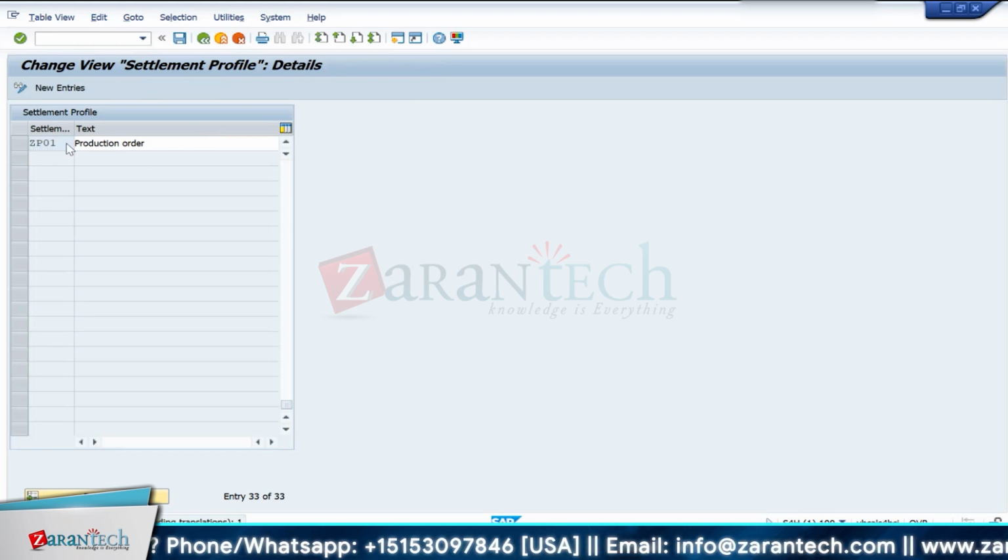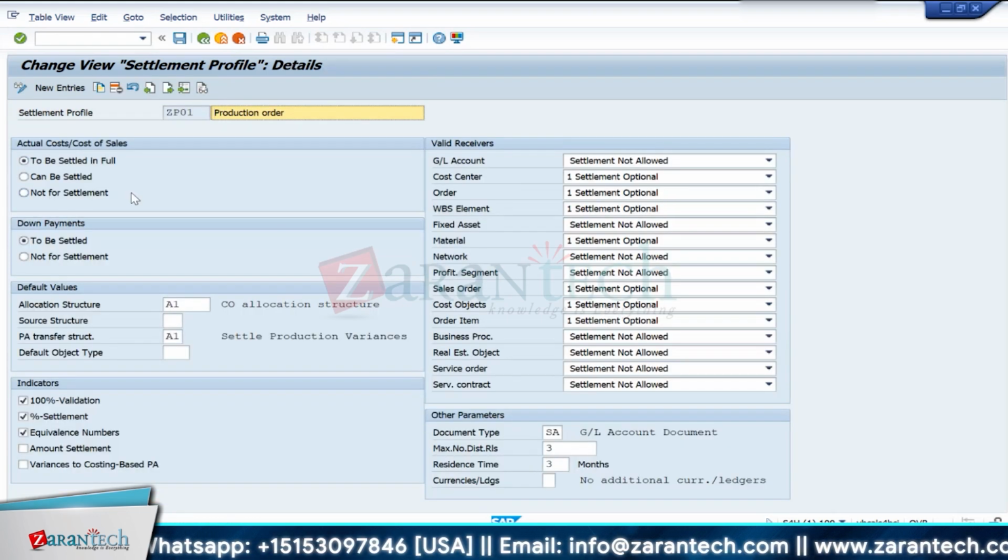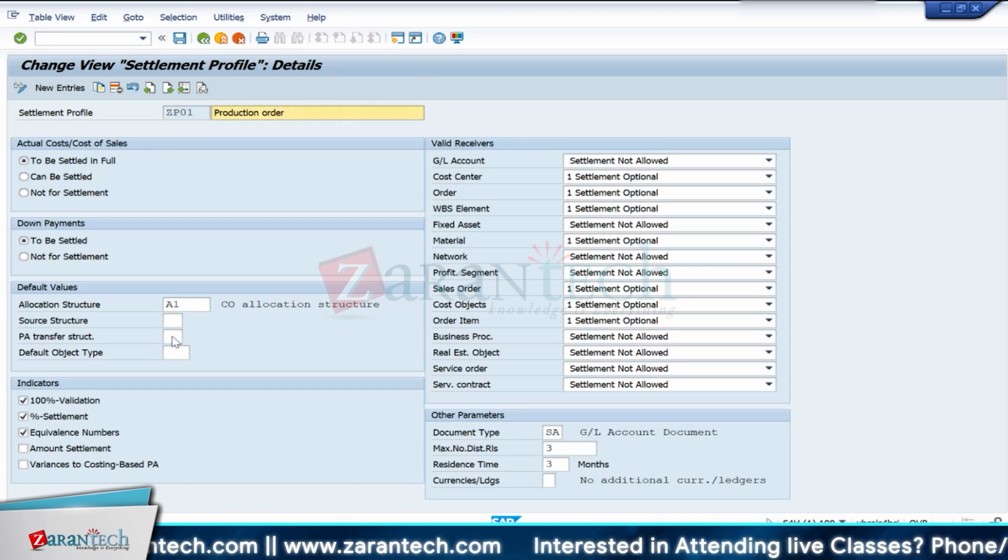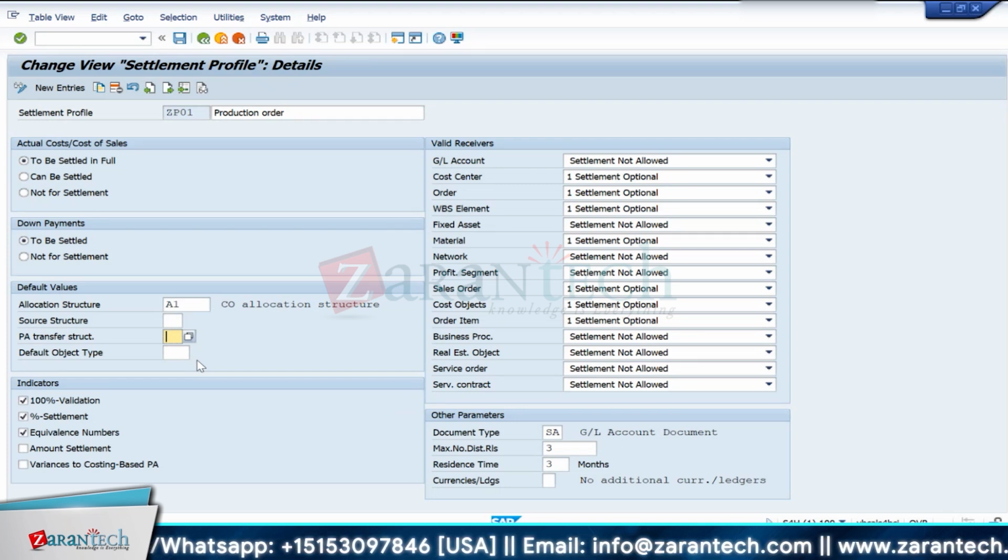So earlier also we have created one settlement for internal orders. So here also it's the same thing, we are creating one settlement profile for production order purpose. I told you already, in accounting based COPA, we will not use this PA transfer structure anymore. In costing based COPA, we used to use the PA transfer structure because we don't have a direct relation between cost elements and value fields. In accounting based COPA, we will not use the value fields anymore. We are just using our GL accounts as COPA fields. So we don't need to